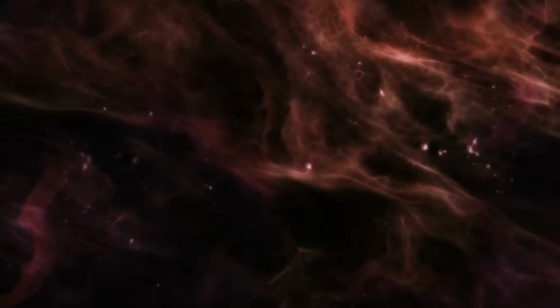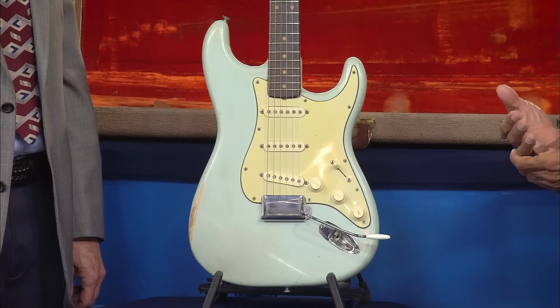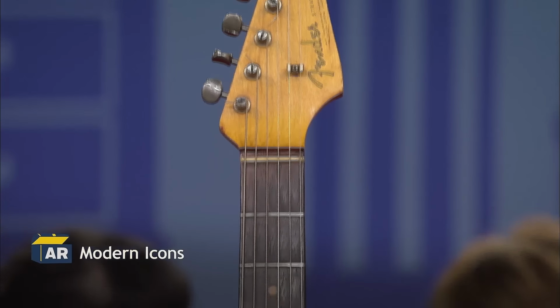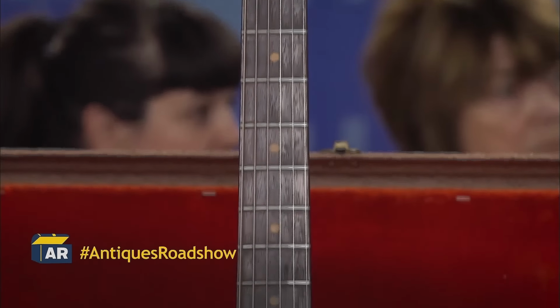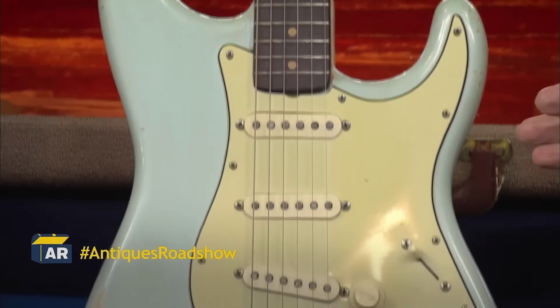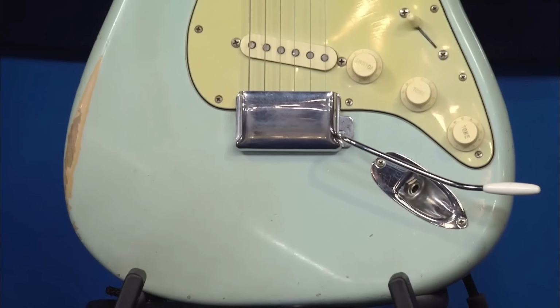So congratulations to you. The guest brought in an antique guitar that he kept stored away for about 8 years for appraisal. It is from late 1962, and it is a Stratocaster with the decal on the headstock. An unusual bit about this piece is the custom color, which is Sonic Blue, one of the rare Fender custom